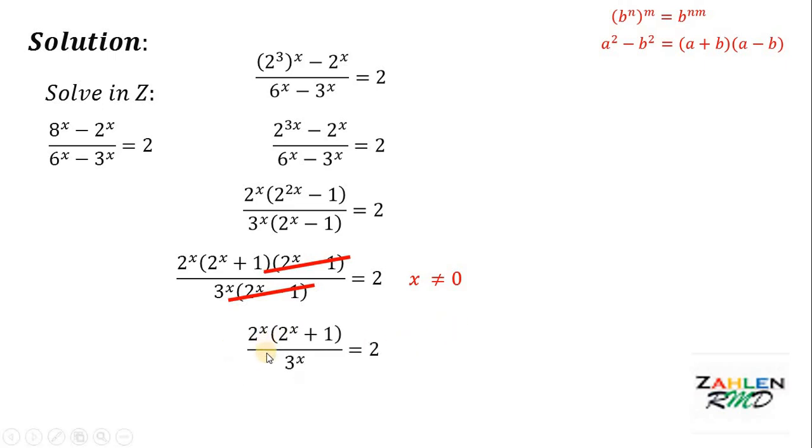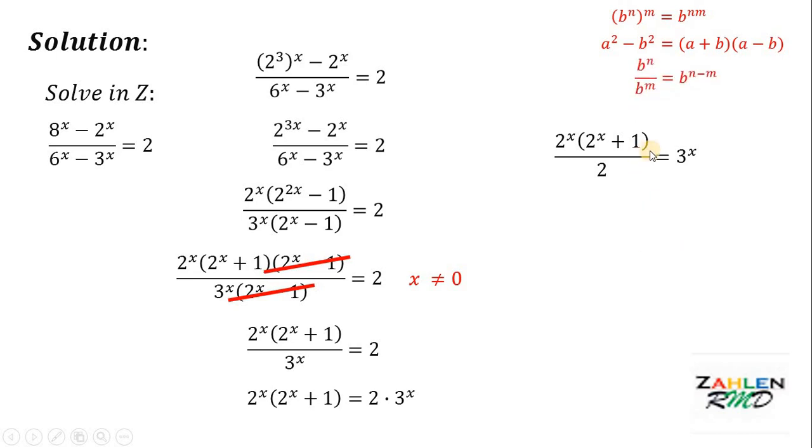Therefore, we have 2^x multiplied by (2^x plus 1) all over 3^x equals 2. Multiply by 3^x on both sides, and we get 2^x multiplied by (2^x plus 1) equals 2 times 3^x. Next, divide both sides by 2 and we have this equation. Now at this point, we will use a law of exponents. If we have b^n all over b^m, it is equal to b^(n minus m). Therefore, we have 2^x and 2^1. It follows that we have 2^(x minus 1) multiplied by (2^x plus 1)